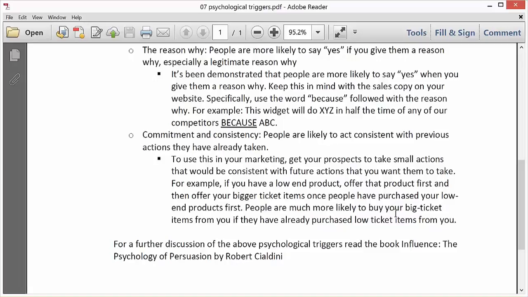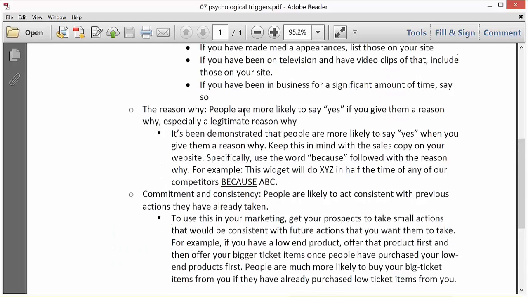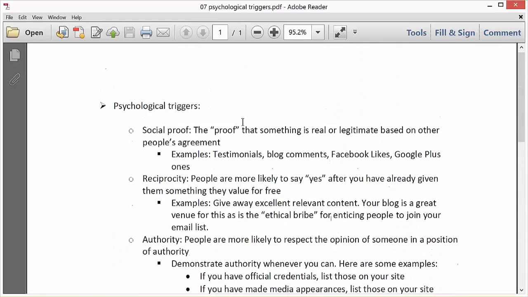People are more likely to buy your big ticket items from you if they've already purchased low ticket items from you. So that's consistency and commitment. For further discussion of the above psychological triggers, read the book Influence, The Psychology of Persuasion by Robert Cialdini. And those are the psychological triggers.